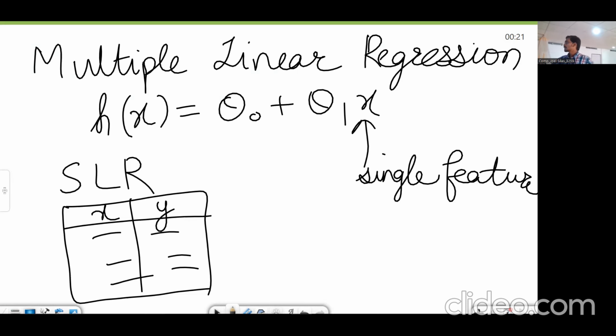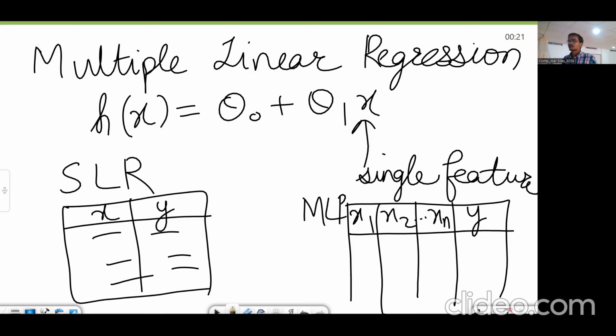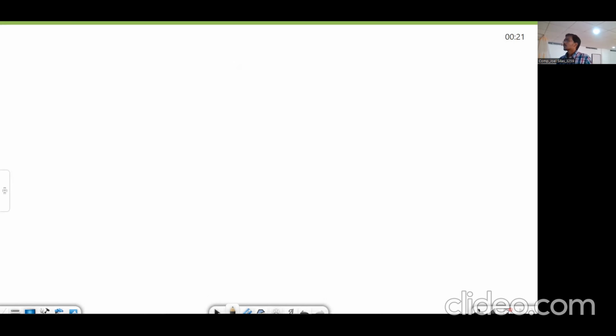But now in multiple linear regression, we will have a collection of features like x1, x2, and so on up to xn, and a single output or a label. This is for multiple linear regression. So now the formula needs to change accordingly, because here in simple linear regression, we are mentioning just a single feature. Hence, now the formula becomes